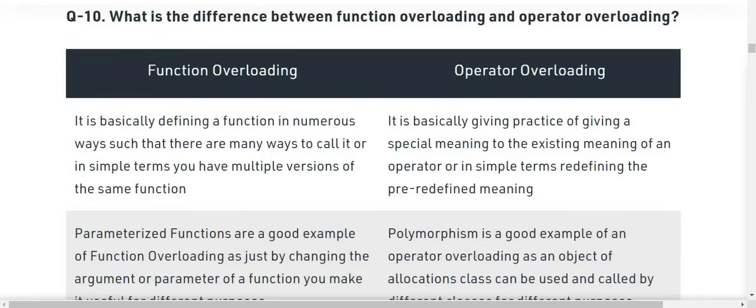This video is a part of our tutorial series on the preparation of C++ interview. So far we have seen 9 different questions related to the C++ interview, and we also have seen some advanced concepts of C++. So in this video we will discuss our 10th question in this series. So let's start it. What is the difference between function overloading